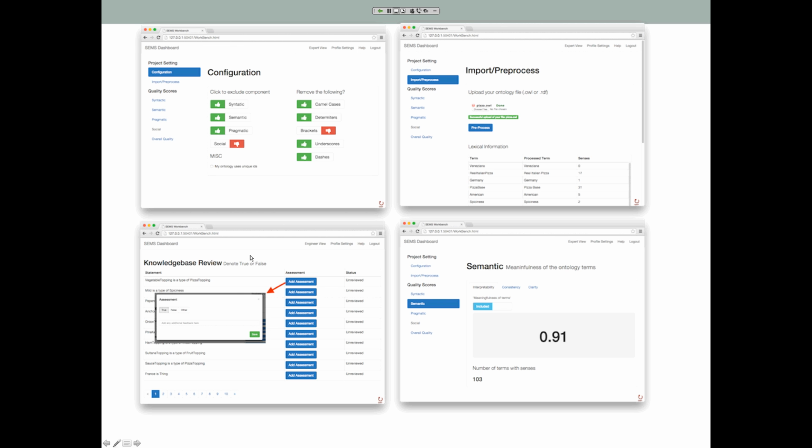And we also provide an interface where domain experts can assess the quality or the truthfulness of the ontology contents and give feedback. And overall, we can give scores for each criterion, or we can have an overall comprehensive score of the uploaded ontology. Based on that, the ontology developers can further improve the ontology.